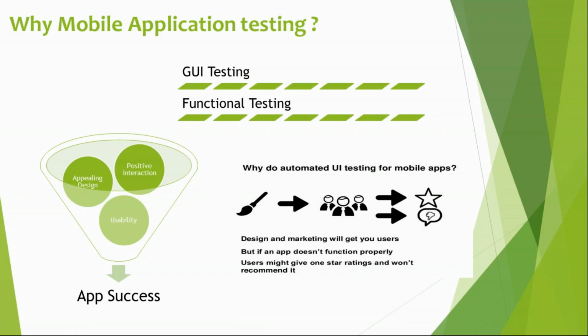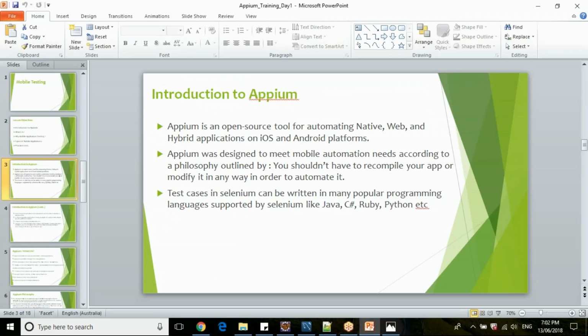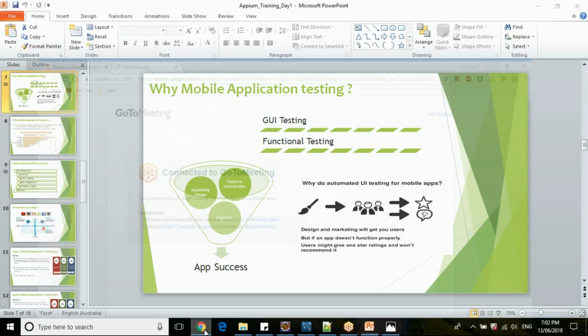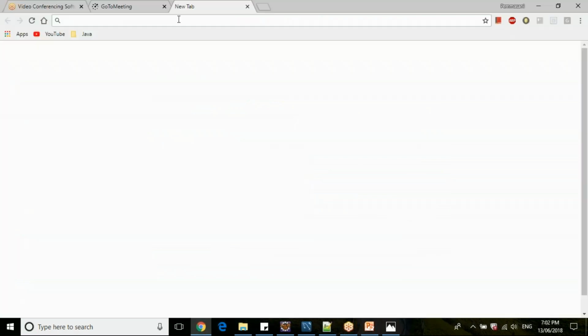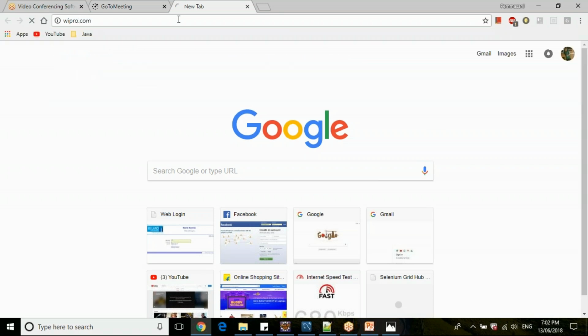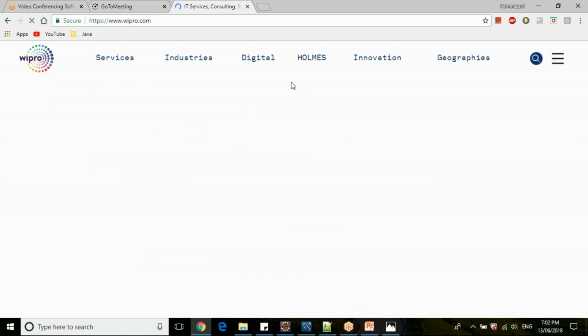It is different for mobiles, especially for mobiles and smart devices. I developed an application, let's say Wipro.com. If I load Wipro.com in my desktop Chrome browser, it loads in a proper manner as per the view of how the desktop appears.